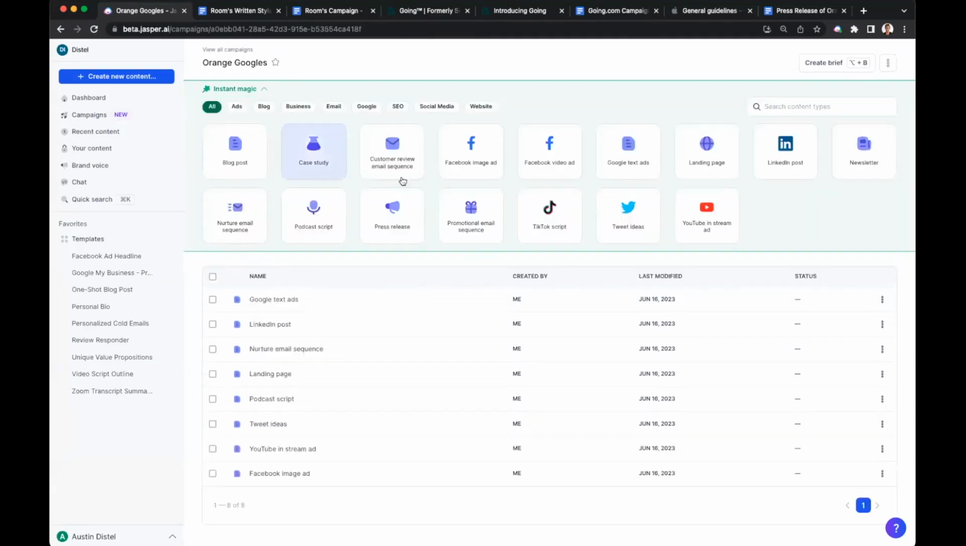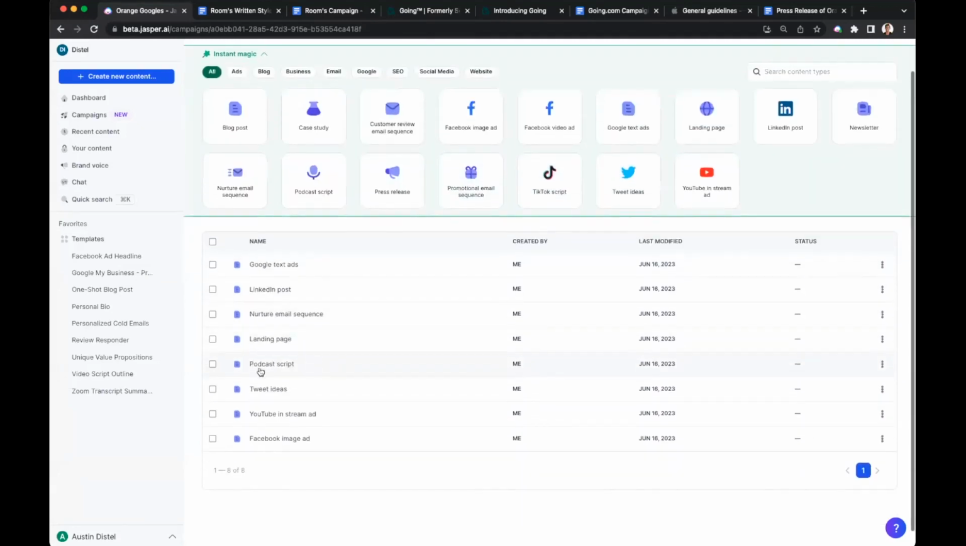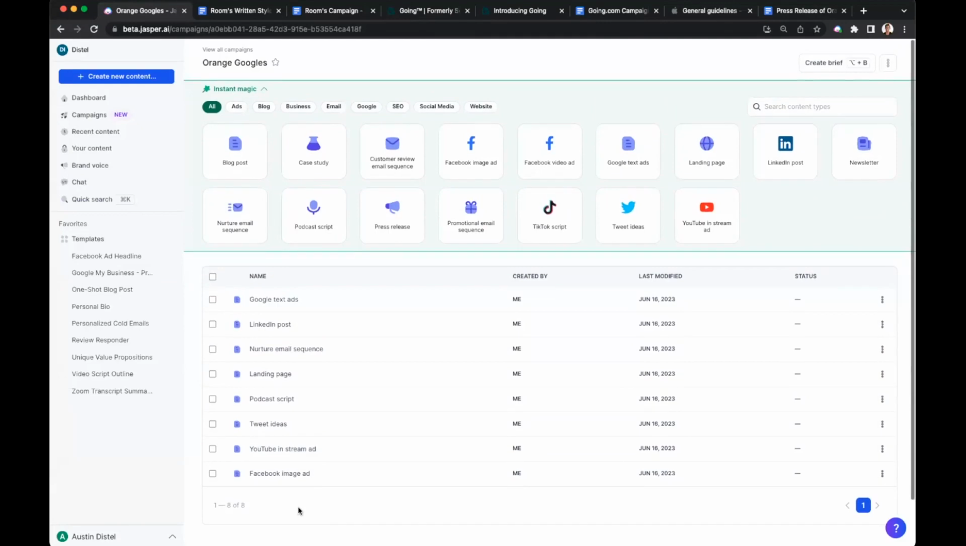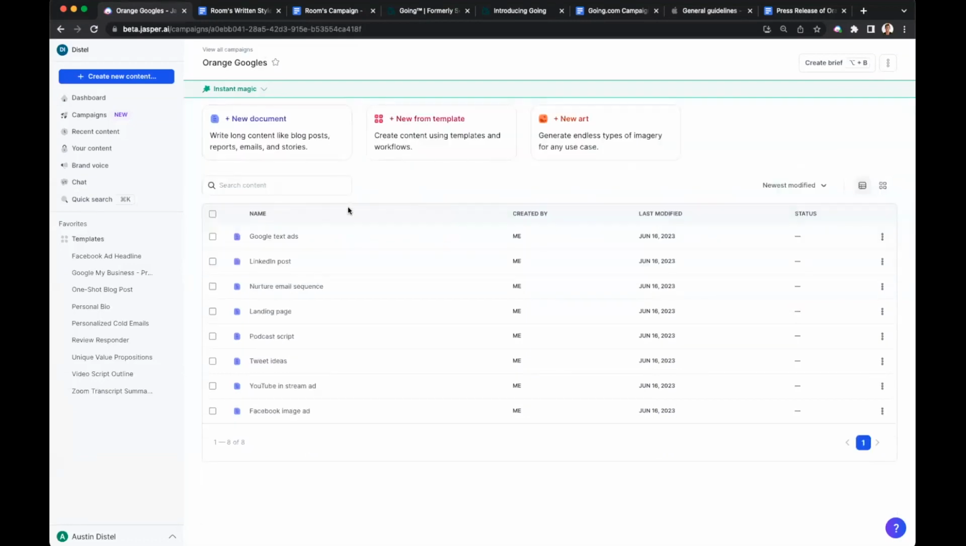So again, you can use instant magic to generate more ideas. And this was not based off of a campaign brief. We just remixed the press release. So depending on where you are in your campaigns right now, whether you're prepping for them or you're getting ready to review the last ones to prep the next one, you can use all these different features of campaigns. With that,